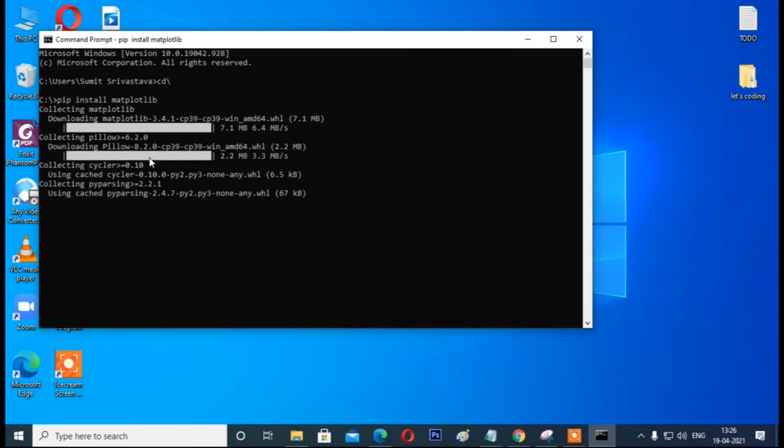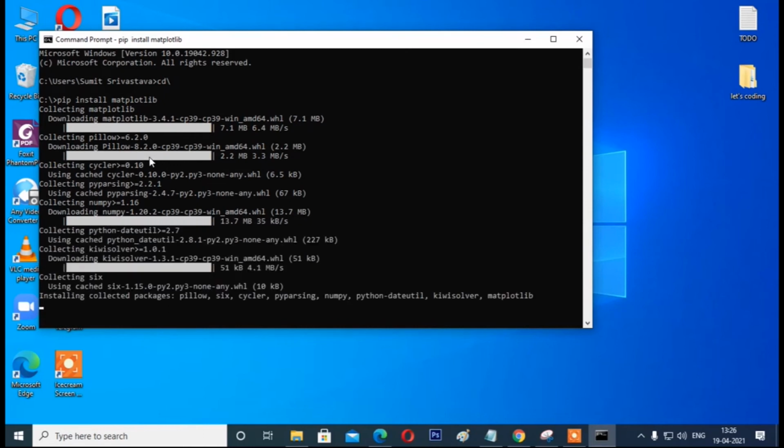At the time of installing external libraries, it is compulsory to connect your PC or laptop with the internet, an active internet plan, because the pip command downloads all these repositories and saves them in Python.